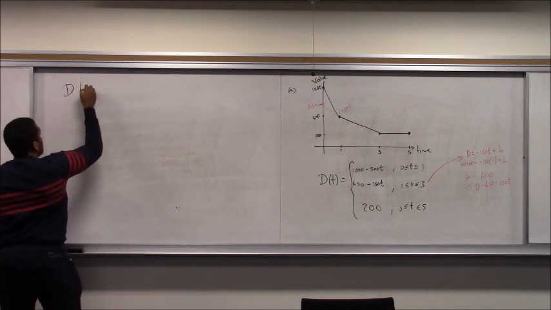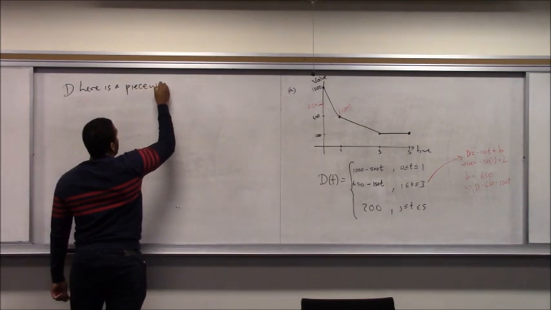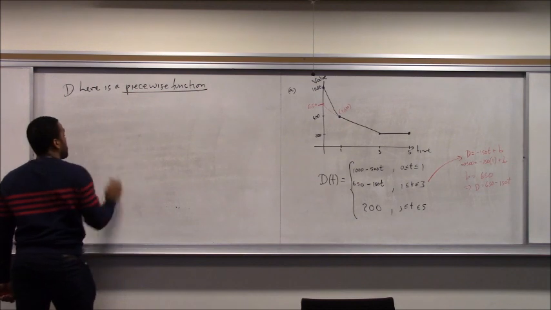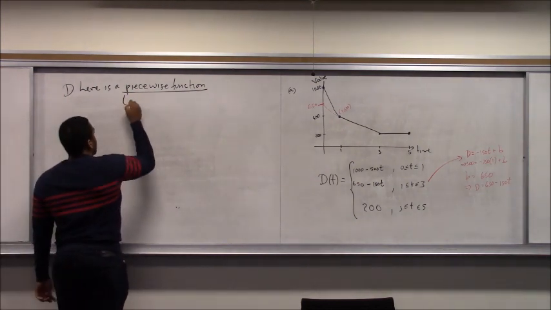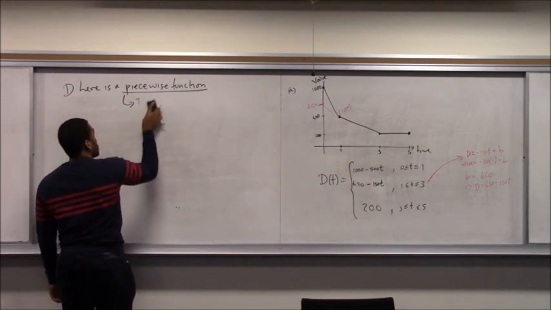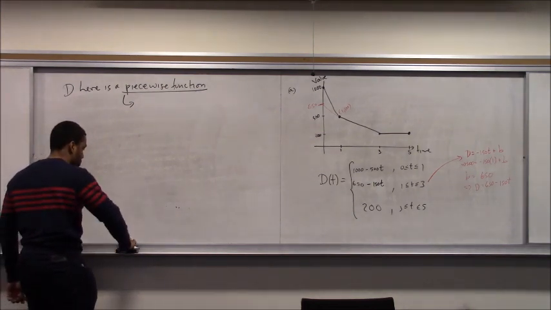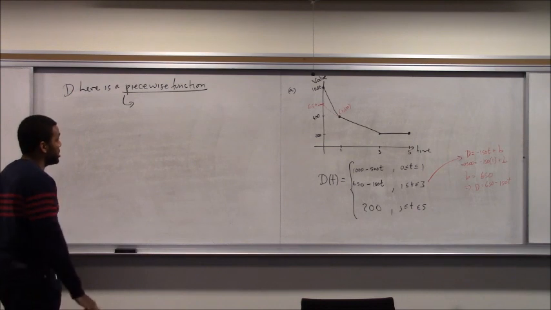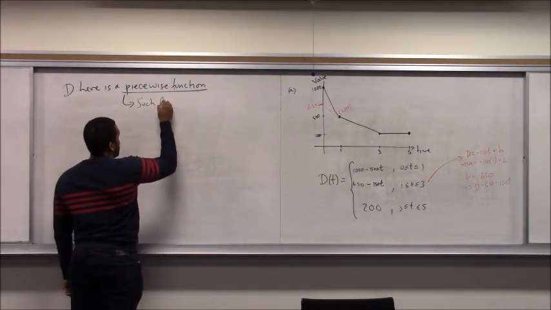So d here is a piecewise function. Because not all the time would your function behave the same way in all situations. Sometimes a function changes depending on the situation. So such functions